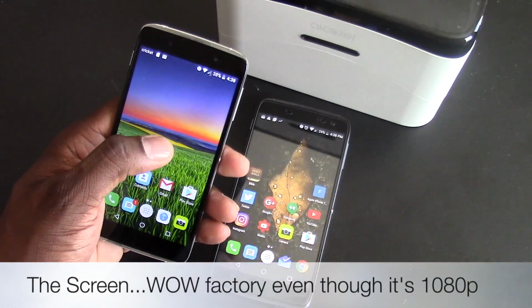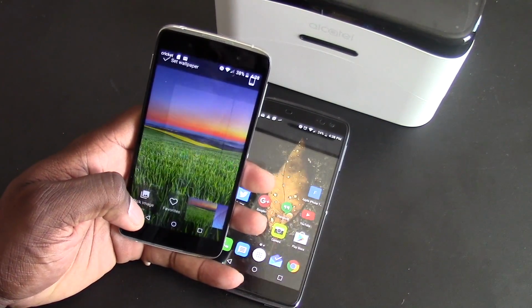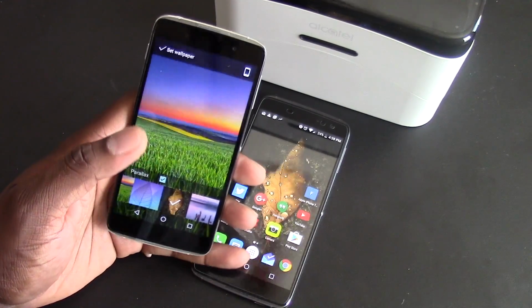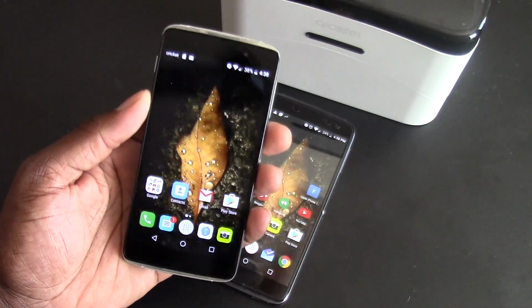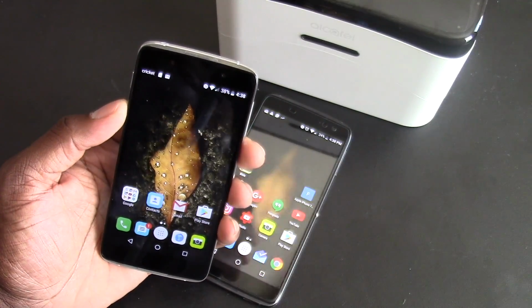Wow, that screen is beautiful. Let's take a look at the wallpaper. And again, guys, don't mind the stutter and lag. It is the first boot. There's the wallpaper. There is my wallpaper. I really like that. Yes. Oh, man. This is a 1080p display, but my goodness, guys, this wallpaper is just...